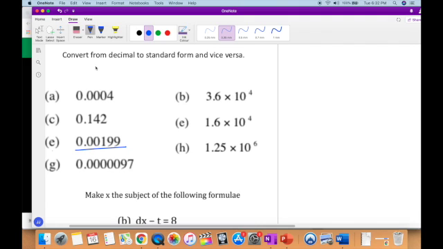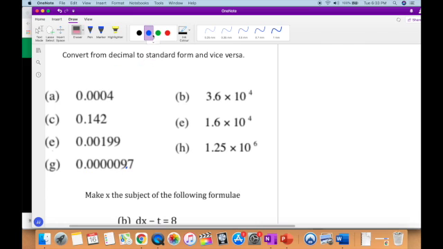So this one here is 1.9 by 10 to the, and if the point was here, 1, 2, 3. So that is negative 3, and 1.9 by 10 to the negative 3. And then over here we have 9.7 by 10 to the 1, 2, 3, 4, 5, 6. Negative